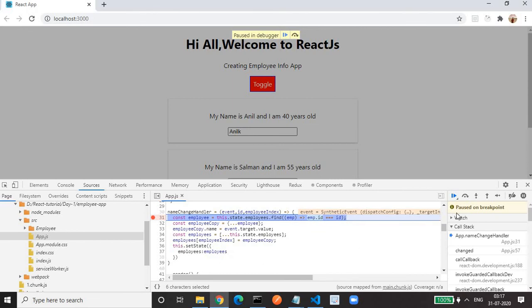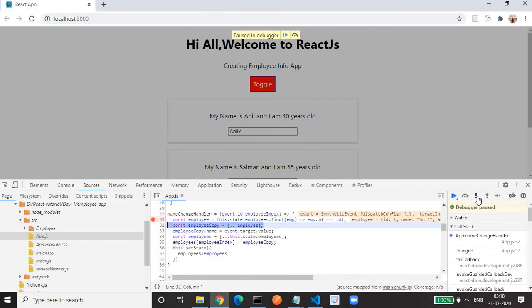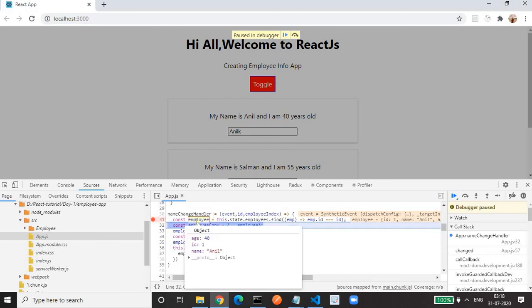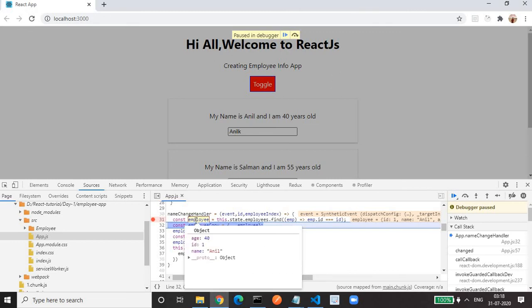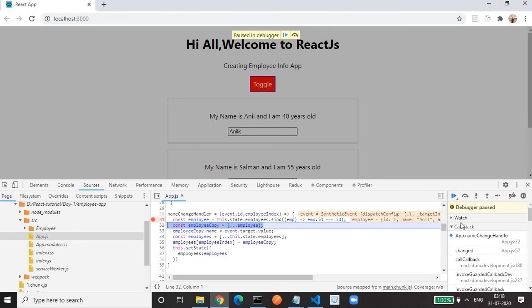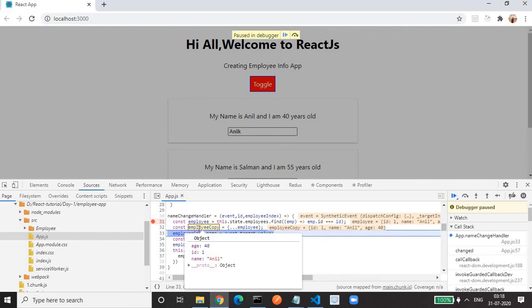So let's execute this line. For executing this line, to go line by line, how can we do it? We'll click on this arrow button. I executed, so it's an array, so it will execute 3 times. First time gone, second time gone, third time gone, because we have 3 elements. Now if I hover on the employee, I will get the employee object, because that line is executed and it satisfies the condition. Okay, then I will again execute this line. I will find the copy of that employee object.